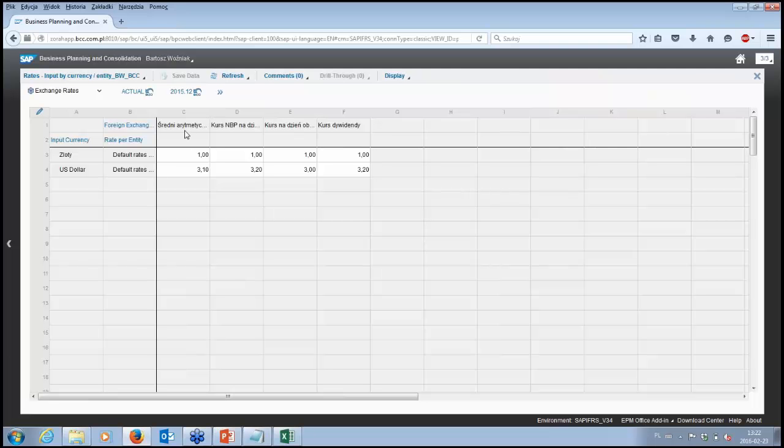So this is the average exchange rate, closing exchange rate, the exchange rate for incoming units, and this is the exchange rate for dividends. Just these four labels are not translated, but this is also not a problem. I just omit that. So I assume my currency exchange rates are correct.